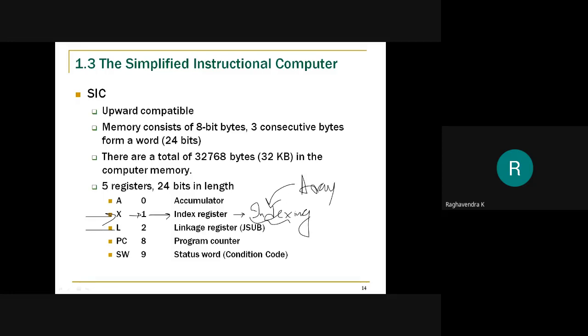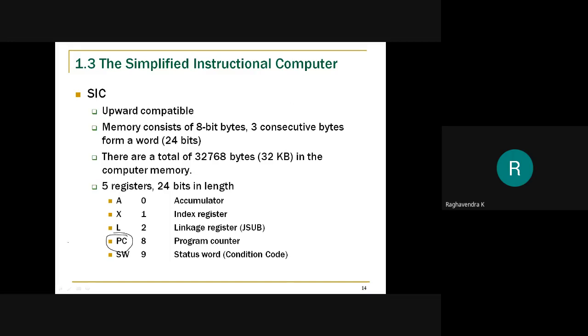One more register is called L, which stands for the linkage register. As the name itself indicates, it is used for linking. What it is supposed to link, we will look into later. But to perform linking, this linkage register is used.